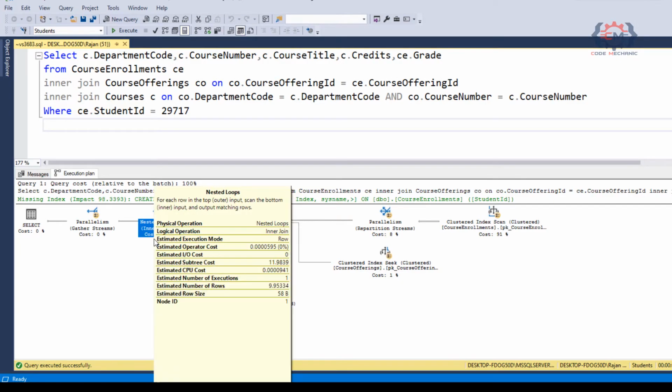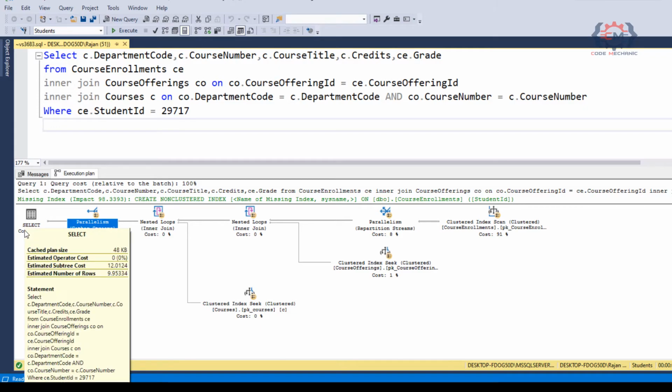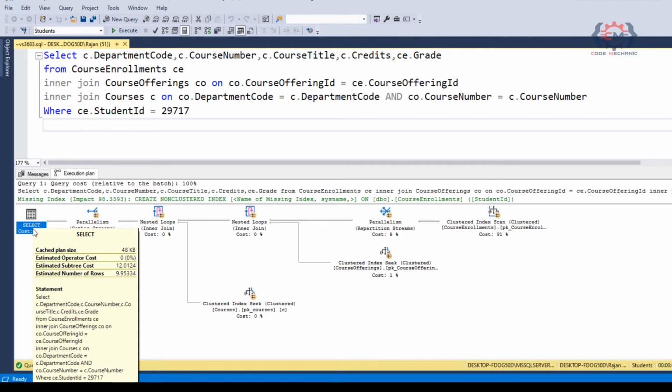In the next step here, in nested loops, SQL Server will join the previous data set of course enrollment and course offerings and the result data set after fetching data from the course table, and in that it again performs parallelism to generate the result. So finally, we get up here to the select box, and this represents our entire statement.